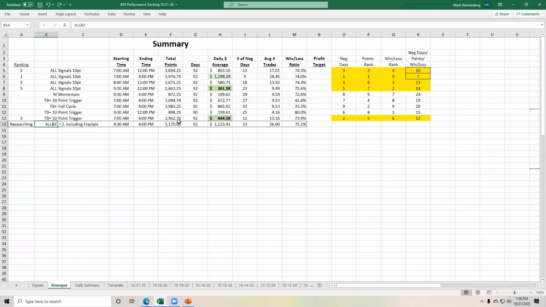our averages and see what the average performance is in any combination of categories that we choose. So in this researching line, for example, we could choose a different set of time frames, and we could evaluate 9:30 to 4 instead of 7 to 4, or we could evaluate 7 to 10. We can evaluate whatever combination of start time and end time we choose, and we can use any start time and end time and look at it relative to trading all of the signals plus fractals, trend bias only, fractals